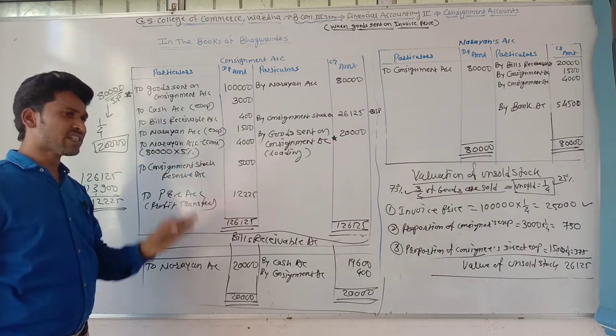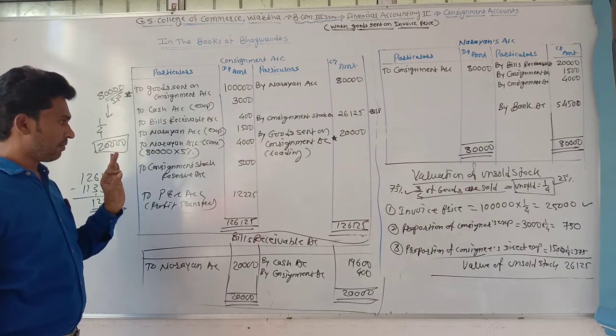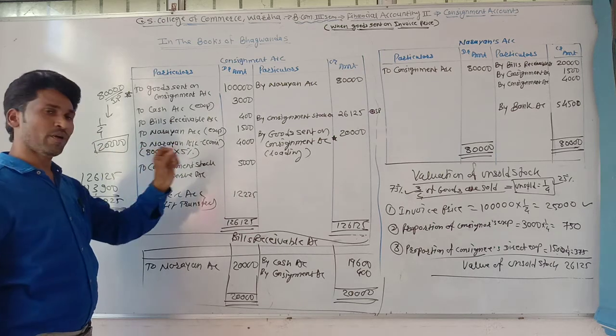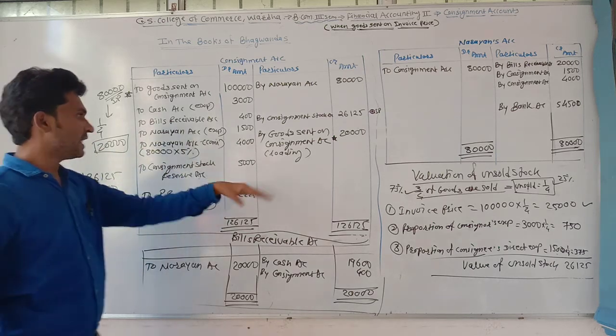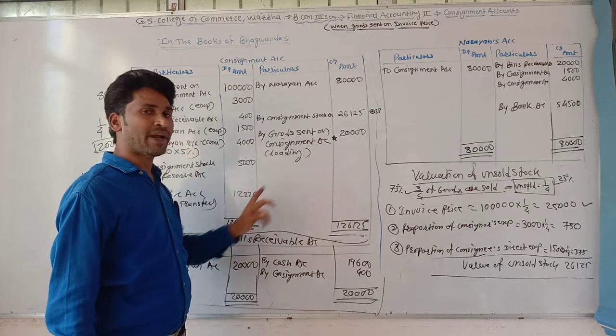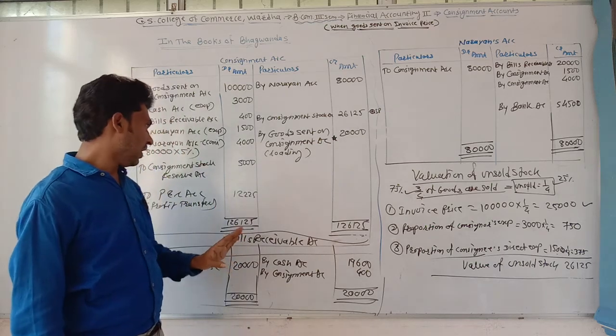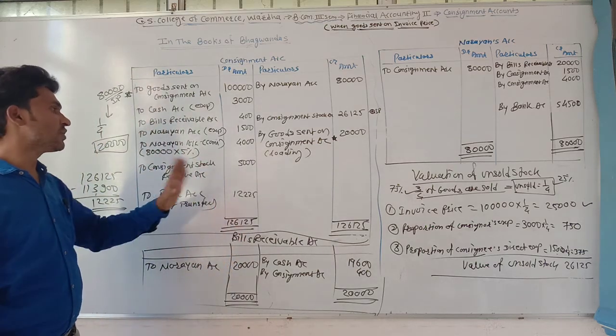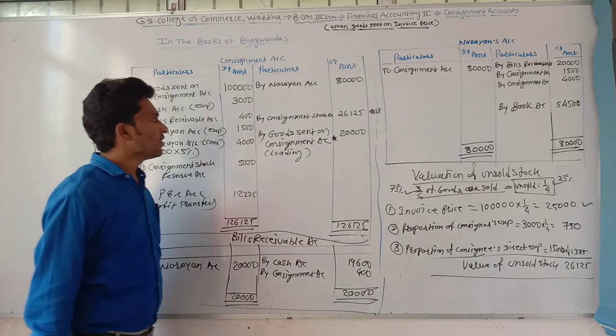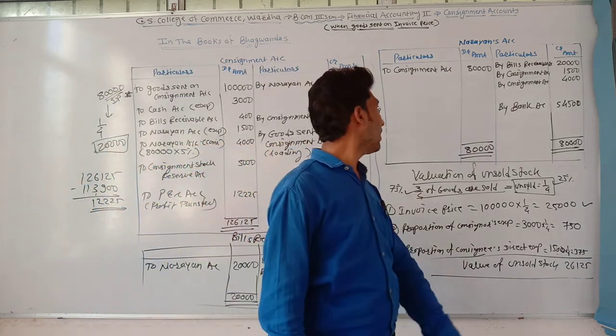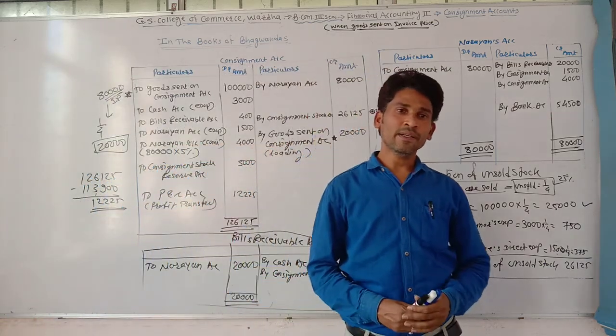But at the last stage of valuation, when calculating the profit or loss, it just decreases the excess amount and then finds out the profit or loss. Otherwise, it cannot show its original profits. Okay, so this is our example on the invoice price. Okay, thank you so much.